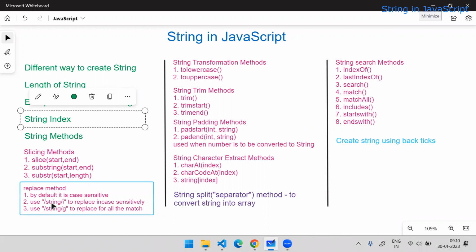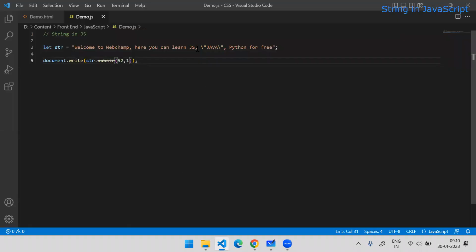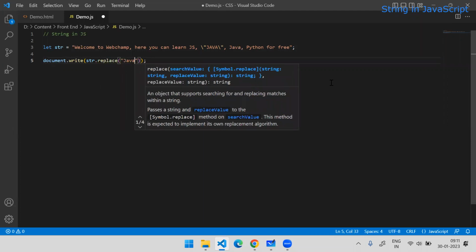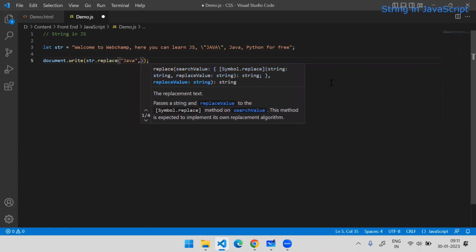Now we have a replace method. Let's say I have Java in this style. If I use another Java, another means both are Java, but one is in caps lock and the other is not, it is in sentence case. And I want to replace the Java. So what I will do is use the replace method. First, I will pass here what to search. So I will say Java, and after that,